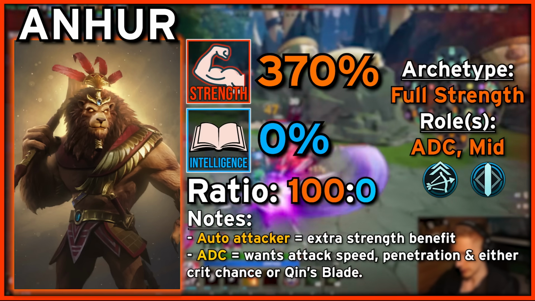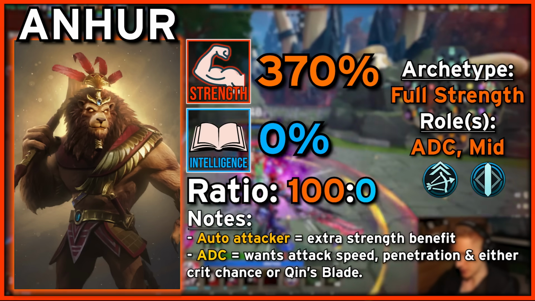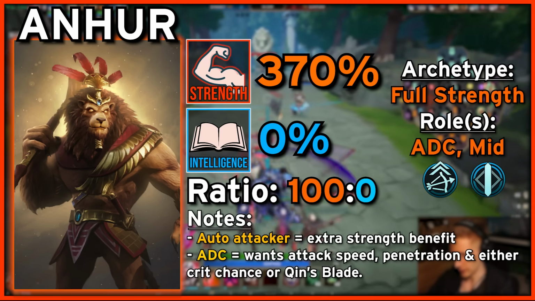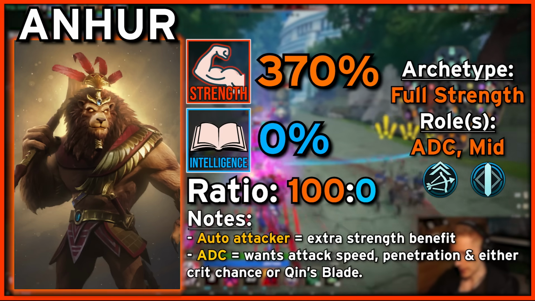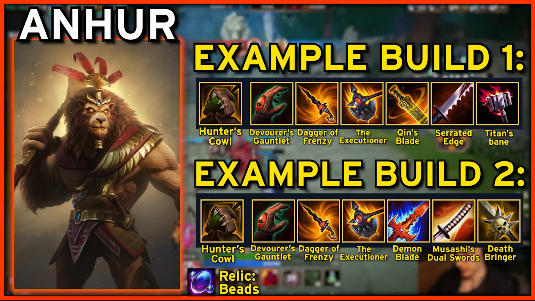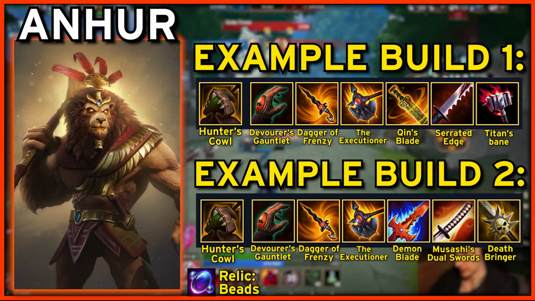His ability scalings aren't really high enough to warrant going full strength ability damage in Smite 2 in my opinion, so sticking with a standard strength-based ADC build is the best way to go for Anhur. And of course, he's a basic attacker, so that's even more of a reason to build strength, as it contributes 100% to basic attacks rather than 20% for int. These two example builds should get you started for ADC Anhur, one for crit chance and one for kin size, keeping in mind that your starter item in Smite 2 has its own slot, meaning you effectively have 7 items